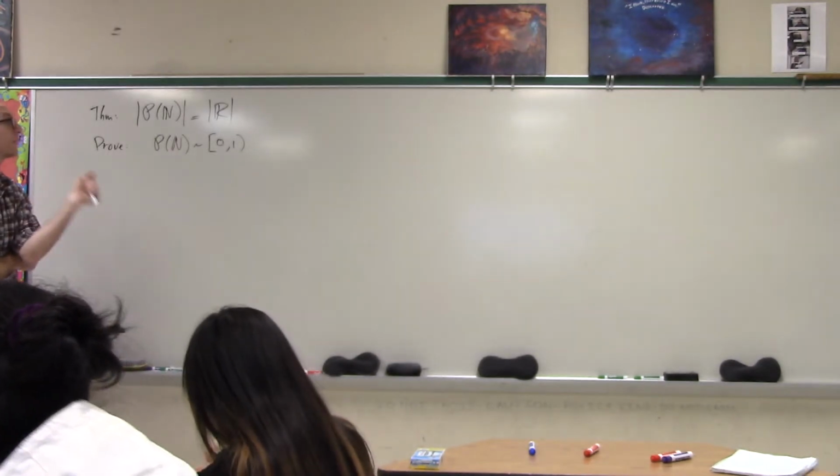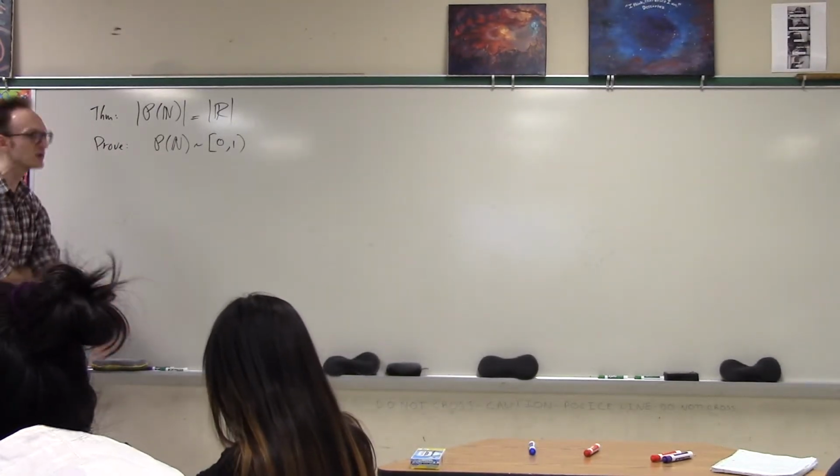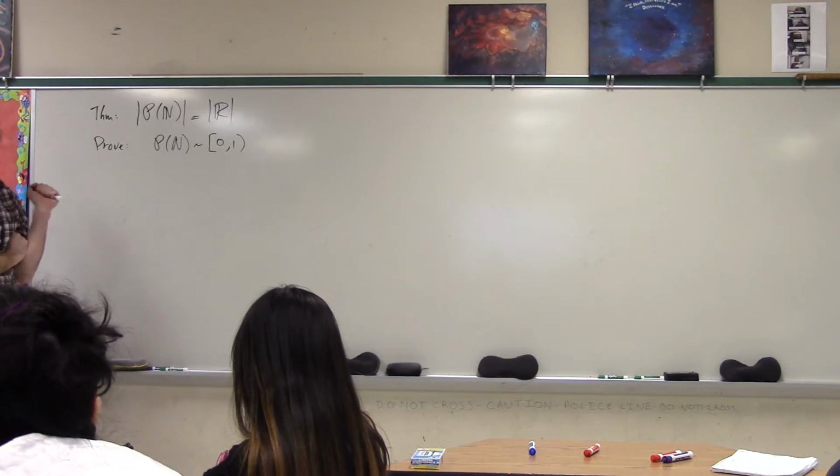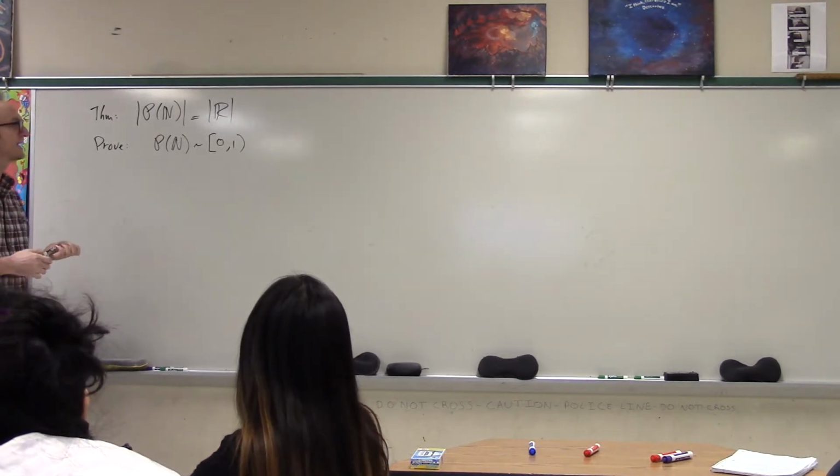So here we go. We're going to prove that the power set of the naturals has the same cardinality as just the real numbers between 0 and 1. And the way we do this is,